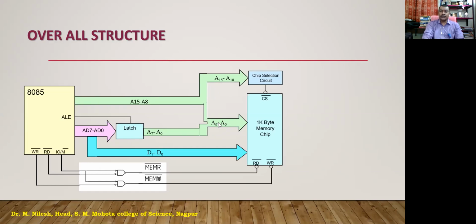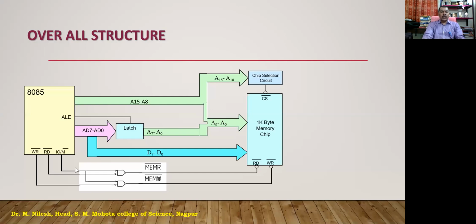We are having 10 lines for 1 kilobyte of data address, and we are going to select different chips. Those selections can be done by these lines A10 to A15. And this is an address latch, a latch IC, which is going to latch this, whether this bus is going to be used for the address line or for the data line. That is being controlled by this address latch enable signal, ALE. I hope 8273 is the IC that we have shown you earlier.